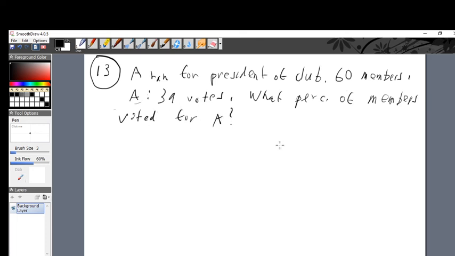Here's the answer. It's pretty straightforward. 39 out of 60 voted for A. Divide 39 divided by 60, and then you'll get the fraction. You do that division with the calculator, you'll get the decimal. From the decimal, you can go easily to the percent. Move it over 2 places to the right, and tack on